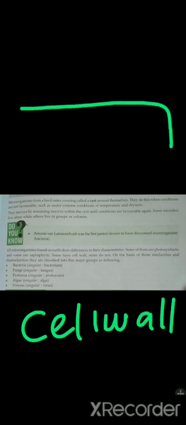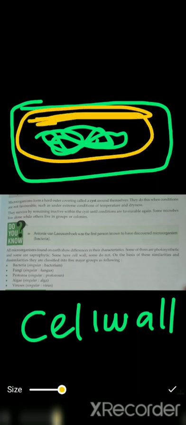Okay, so these are the things we need to know before entering into this chapter. They have a cell wall. Yes, of course the cell wall is present, but they don't contain a definite nucleus. The nucleus is randomly present in the cytoplasm. So this is the cell wall, and the empty spaces, we term as the cytoplasm. It is fully like this, cytoplasm, and the genetic material is scattered here and there because of the absence